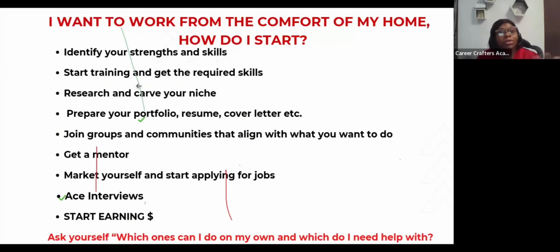If you apply right, you get interviews, because these people, they want to meet the person they want to hire, especially if it's like a long-term role. They want to know you, they want to get to understand you, they want to see if you people will vibe. And then you go to those interviews.